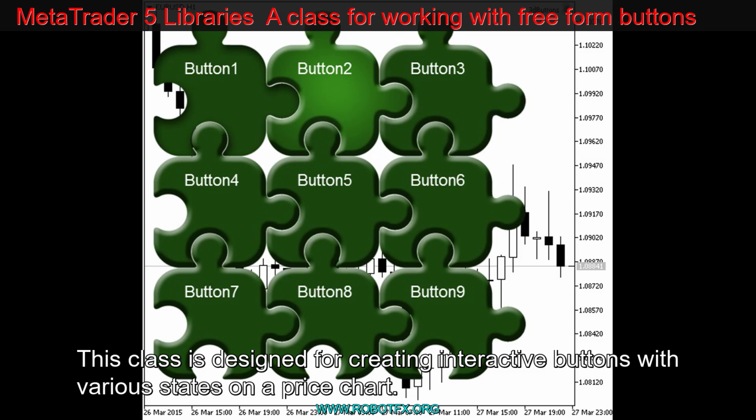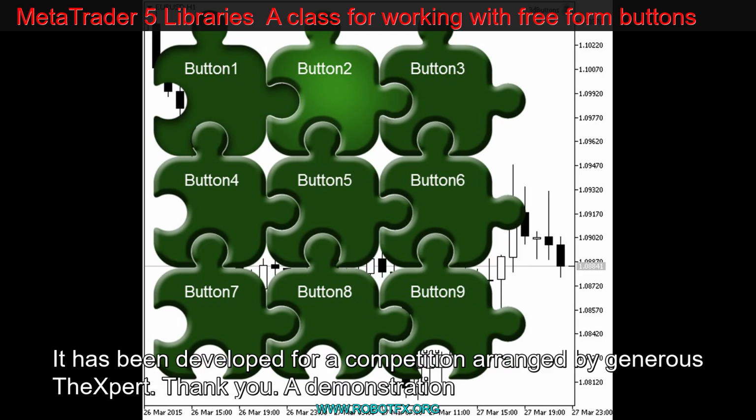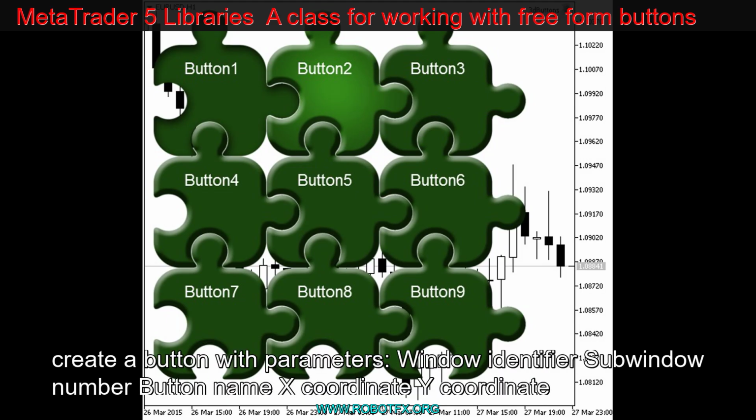This class is designed for creating interactive buttons with various states on a price chart. It has been developed for a competition arranged by TheXpert. A demonstration of the CBtn class methods: Create(long chart_id, int sub_wnd, string name, int x, int y, int dx, int dy)